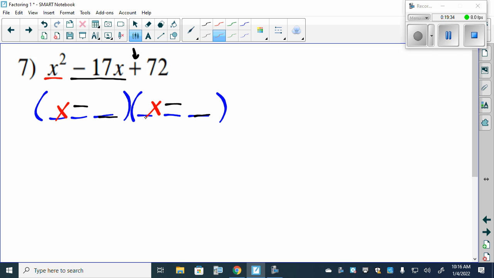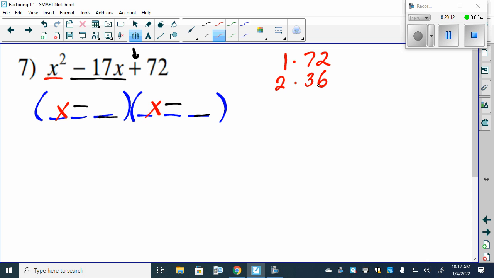x and x. And we'll look at these again tomorrow, where we'll actually have a term in front of x squared, or that first term that's not just 1. But we can still put x and x, because the only way that we get x squared or a squared is x times x or a times a, the variable multiplied by itself. And as I said last time, if there's only one set of factors, go on, just plug them in. Now 72, well, we'll have 1 and 72, 2 and